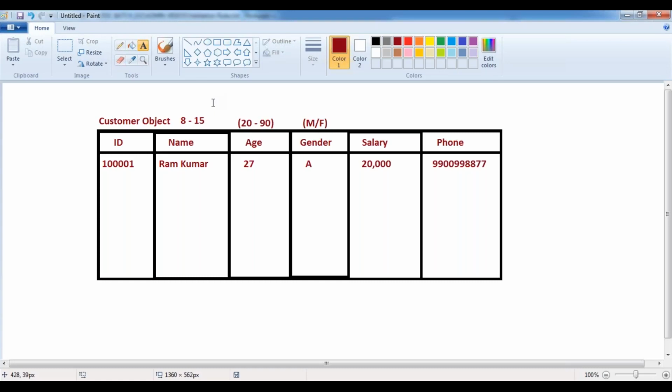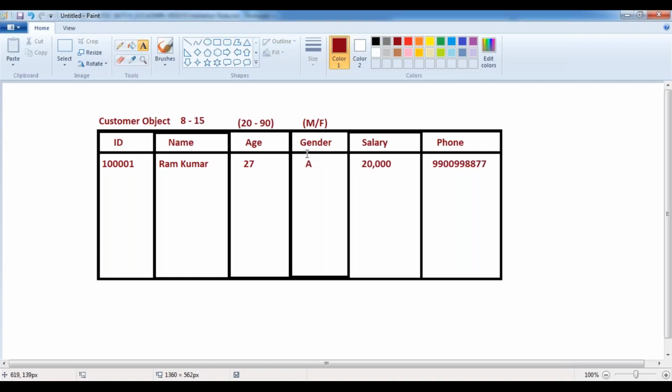In a similar way here also, whenever I'm storing some records inside my object, we always have to validate the data, whether the user has entered the correct information or not. For that reason, we are using validation rules. Validation rules are used to enforce the user. Enforcing the user means we are telling people, don't enter wrong information. Please always enter correct information.